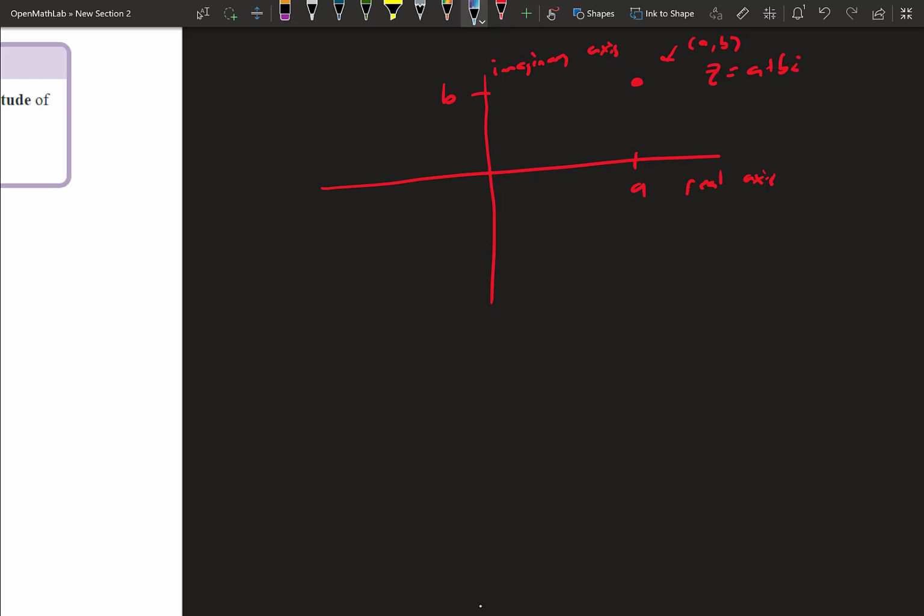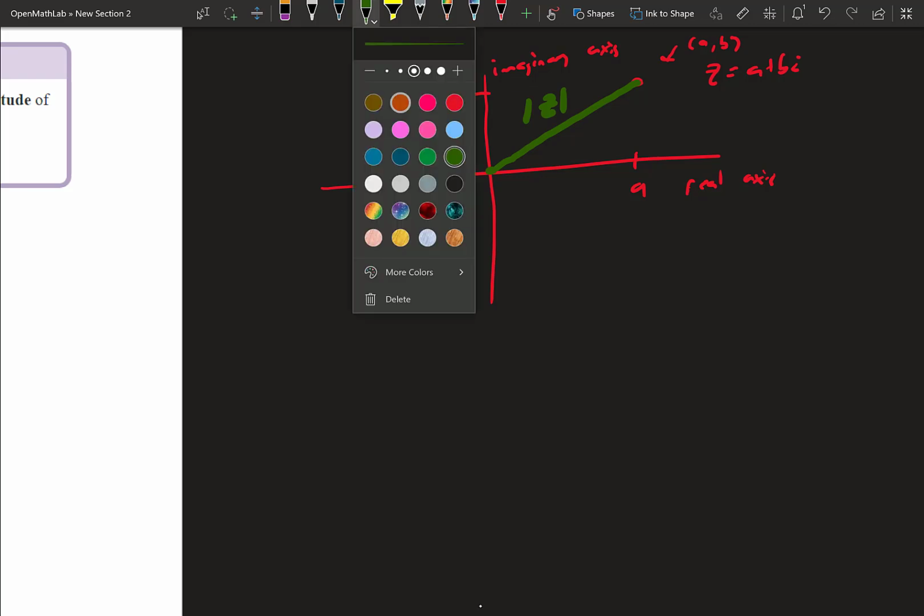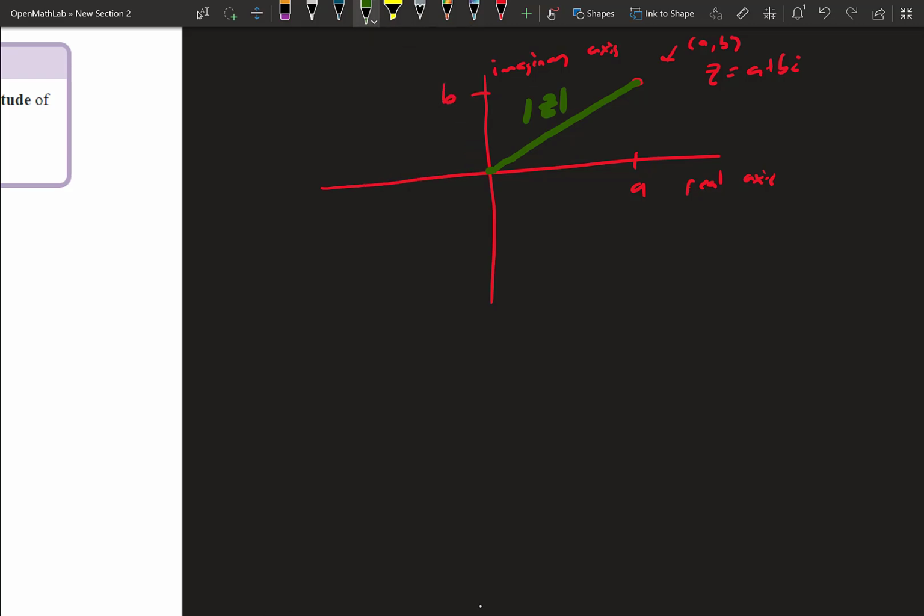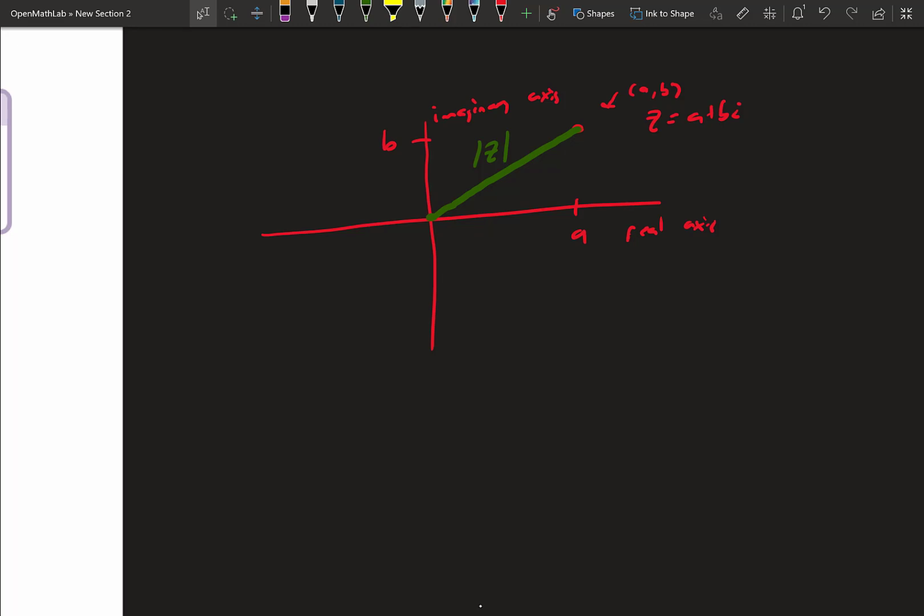Then graphically, if I draw a line segment from the origin to that point, that distance is equal to the magnitude of z. So if this is the point 0, 0, and that's the point a comma b,